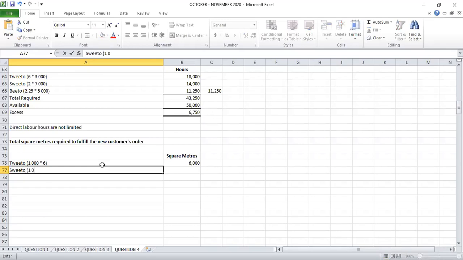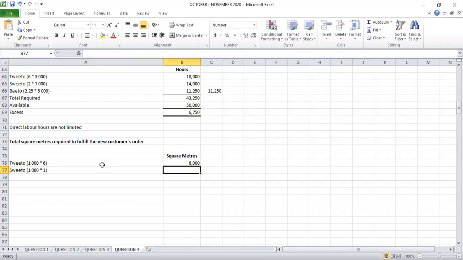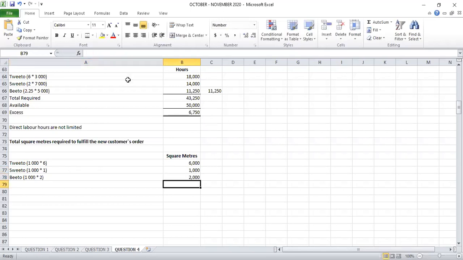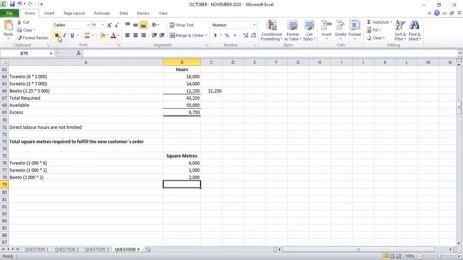1,000 times 1, which is equal to what? 1,000. Bito: 1,000 times 2, which is equal to 2,000. So this order of this new customer requires